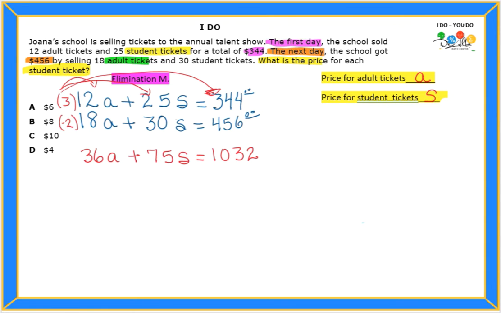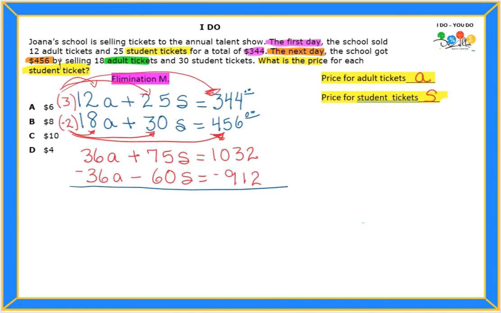So if I multiply negative 2 times 18, I get negative 36a. If I multiply negative 2 times 30, I get a negative 60. So I'm going to write down minus 60s. And negative 2 all the way times 456, I get negative 912. So what I'm going to do next here,